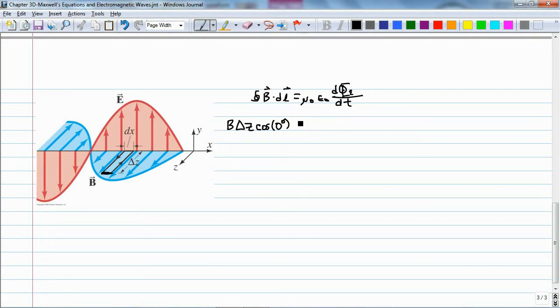And then I'm going to have plus, oh I'm sorry, that's this part right here, that part. Now I'm going to do this part on that one edge. So it's going to be plus B dx cosine of 90